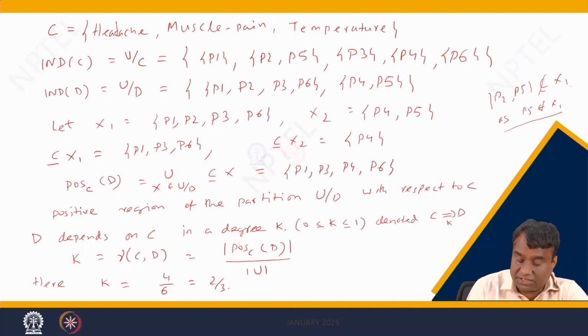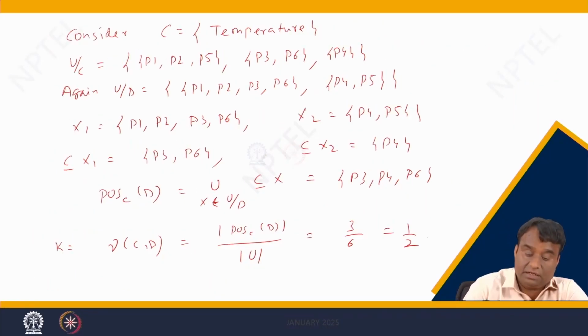So D depends on C in degree k, denoted as C implies_k D. Here k equals the cardinal number of the positive region, that is 4, divided by the total number of objects, that is 6. So k equals 4 by 6, which is equal to 2 by 3. Similarly, if you take